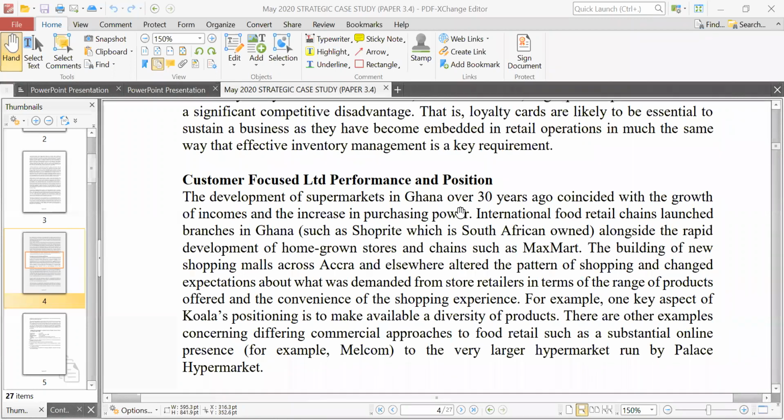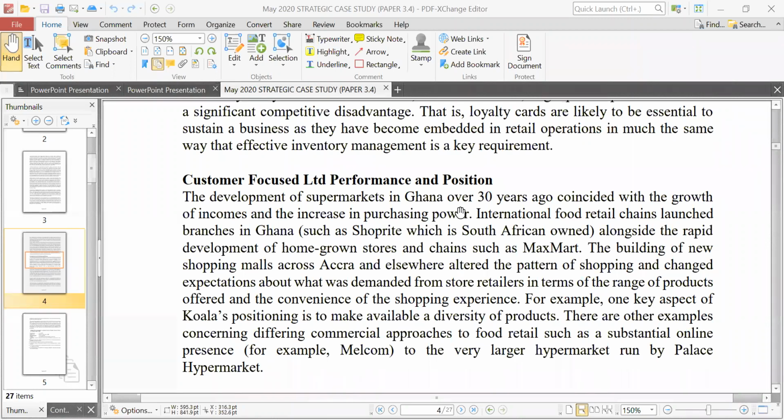It's talking about the fact that they are international food retail chains. International food retail chains is not just for fun, because the fact that an international person is coming from somewhere to your country to set up a business shows that there's opportunity. But everywhere there's opportunity, there's also competition. So that's where we see it's giving us a competitive landscape in terms of the food retail space. So that's one thing that we see here.